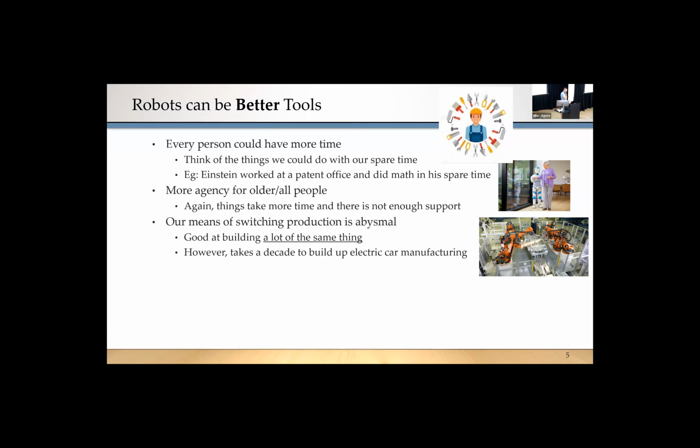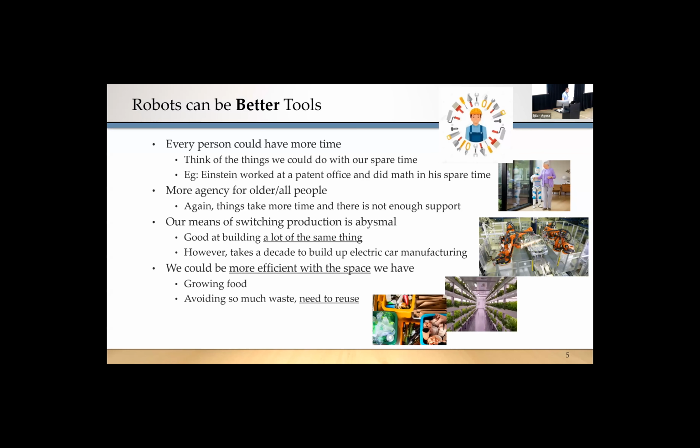But also I find that one of the tricky things, especially in terms of today's challenges, is we're not very good at switching production. If we want to build an electric car, it's minimum 10 years before you actually get to that point. You need a building that you plan. It takes about 5 years to construct it, 5 years of iteration time before you actually get one car, and probably a few more years of actually making it better. This, at least from my point of view, is a little bit sad in our ability to adapt to the changes that we really want to be able to make. And robotics could help make these types of adaptations much faster.